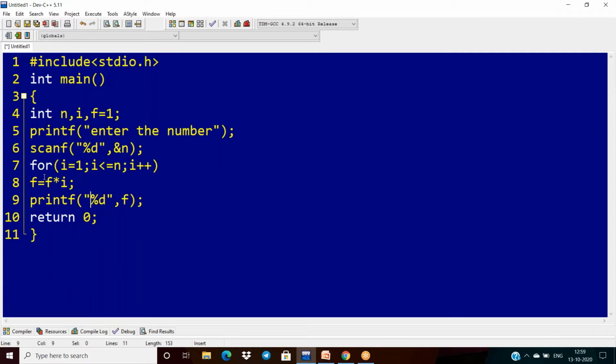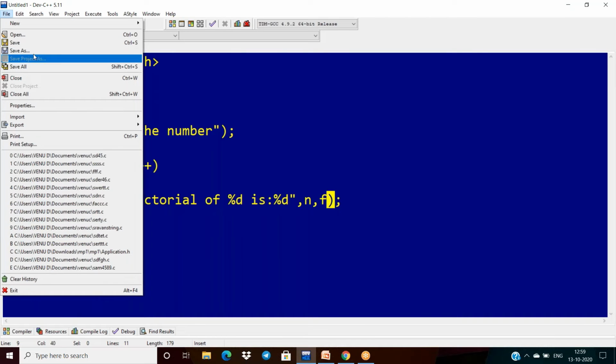You can also write it like this: the factorial of %d is %d, where the first %d is your number and the second %d is your answer.